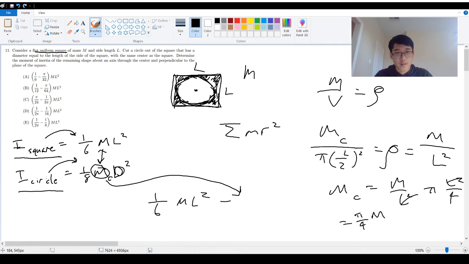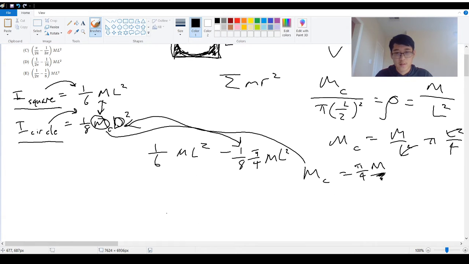Okay, so we can now plug this MC back into this MC, so then now we have the same variable for the mass throughout. So then minus 1/8 times pi over 4 m, and d stands for the diameter, so diameter is length, so it's still L squared. If we simplify this a little bit, then this is pi over 32,